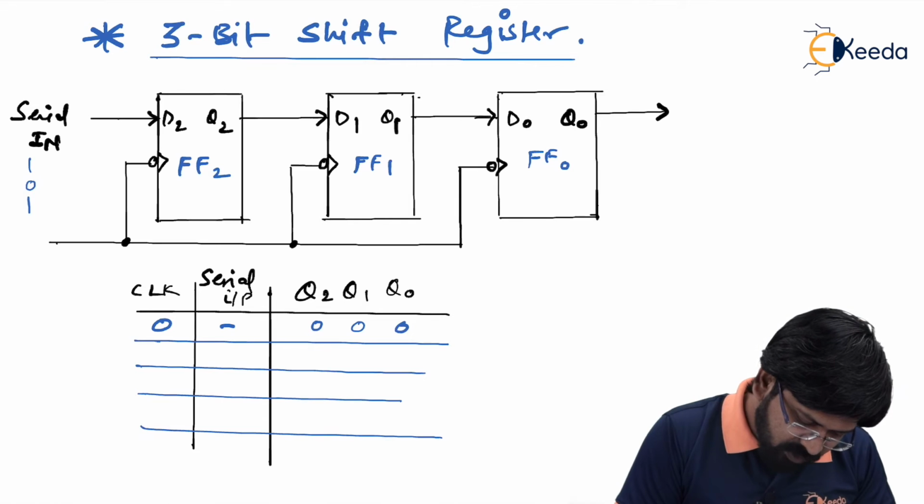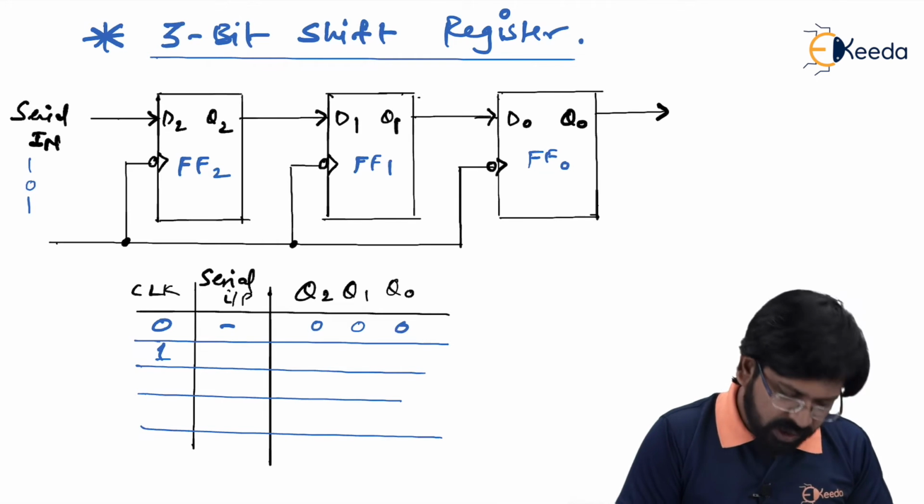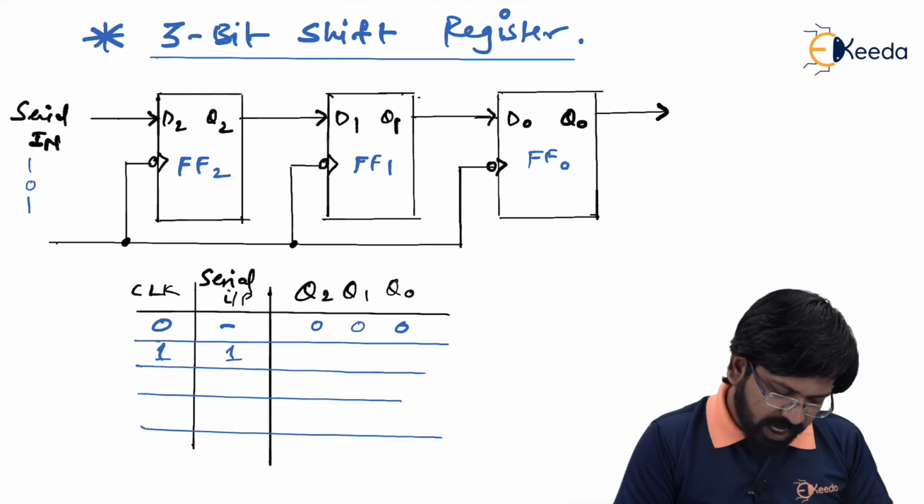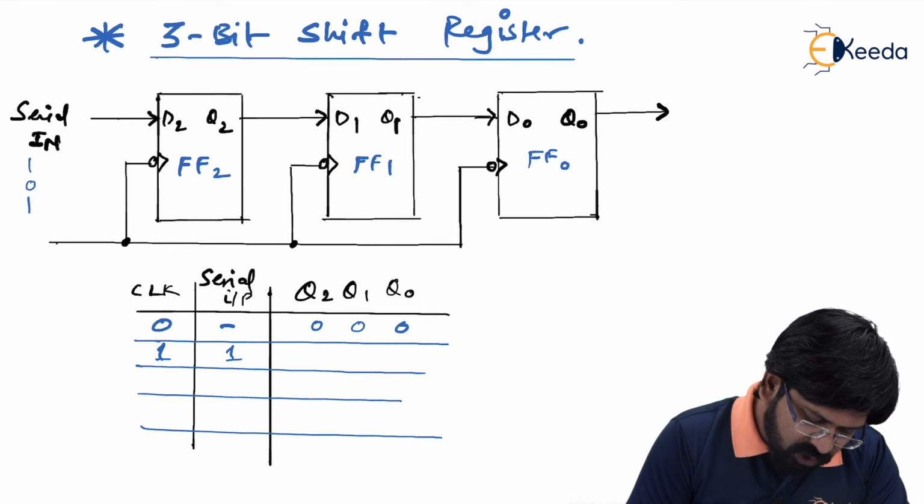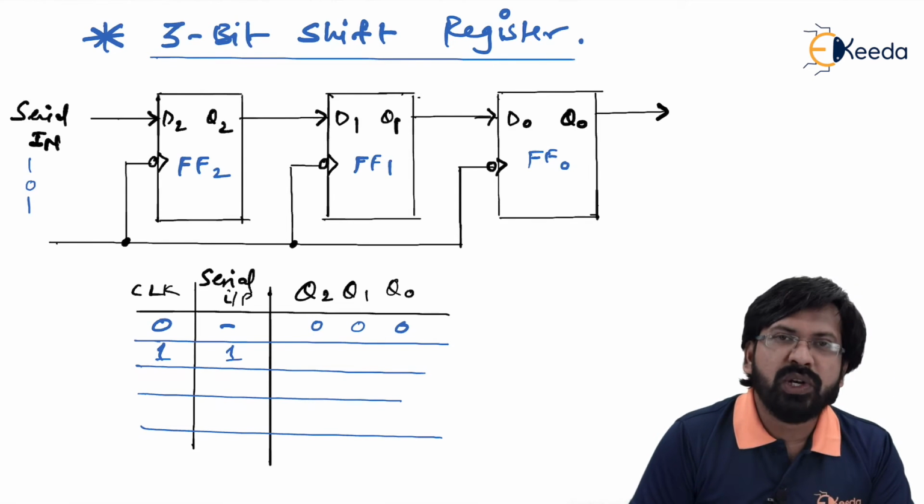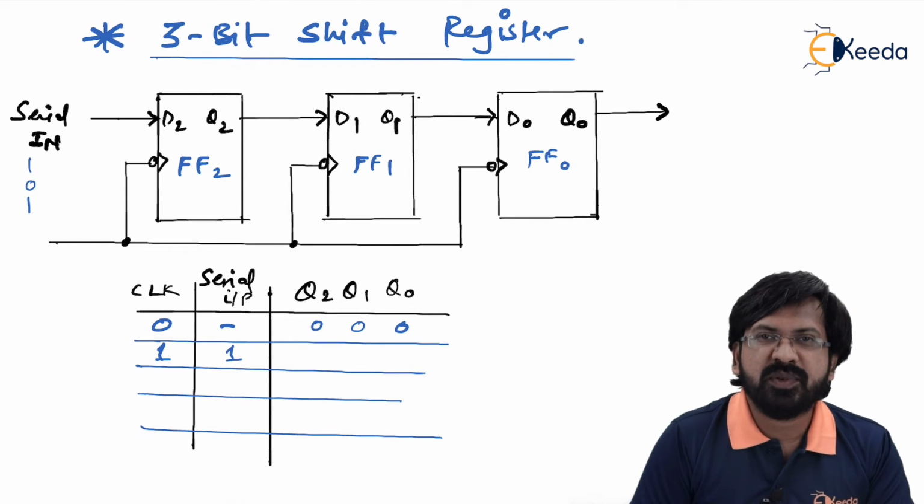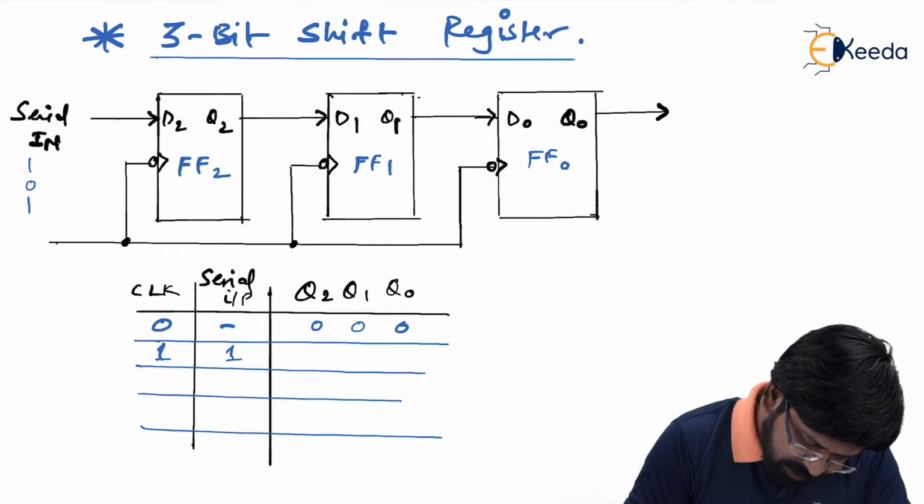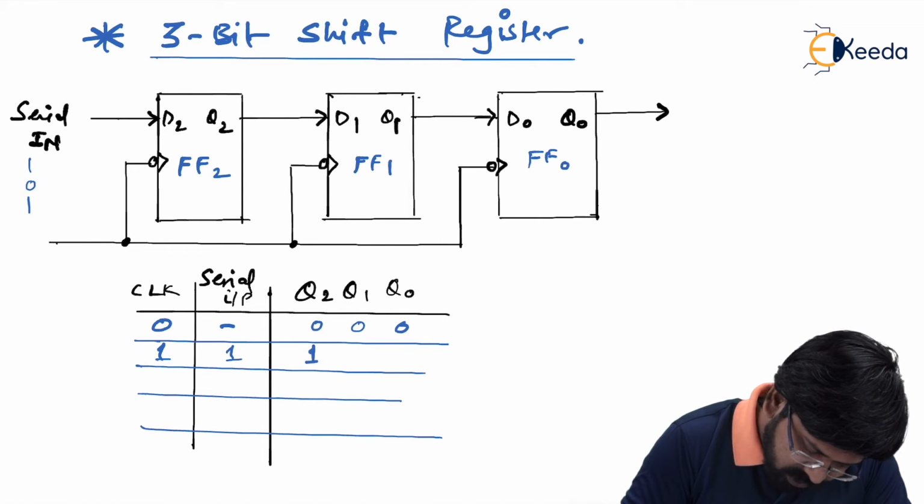Now, assuming the first clock is given, during that I have applied one serial input, let's say 1. As you can see, since serial input is equal to 1, it makes D2 equal to 1. Since D2 is equal to 1, this Q2 also becomes 1 because of the negative edge provided. So this 1 appears at Q2. So Q2 has become